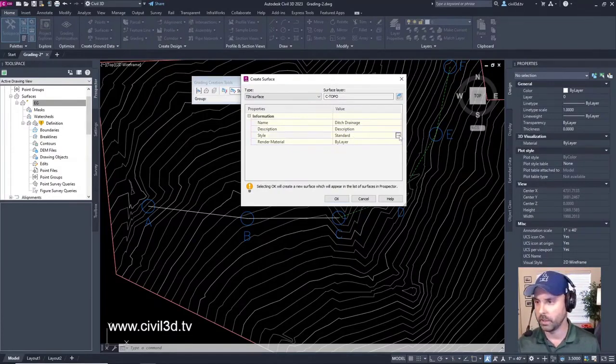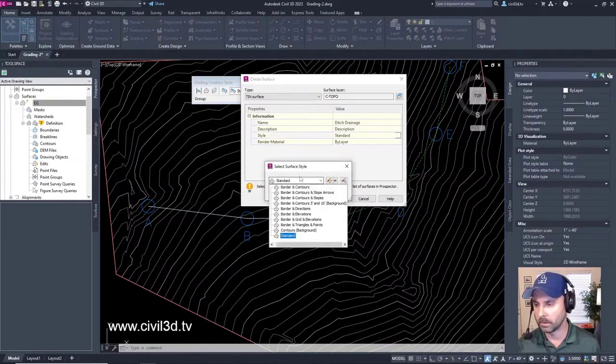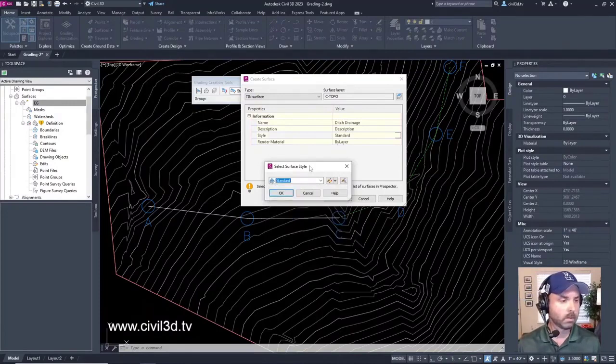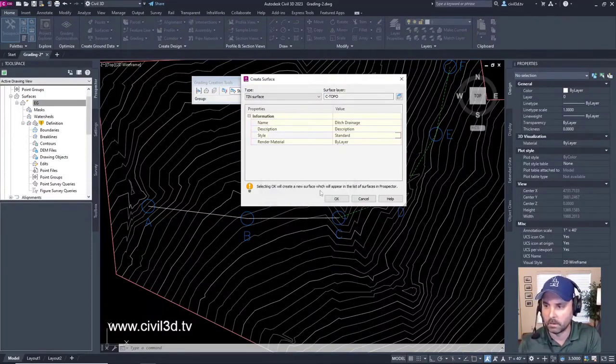Let's see if there's a ditch in here. No ditch? No ditch. Okay, we'll just leave it on standard. Click OK. Then OK.